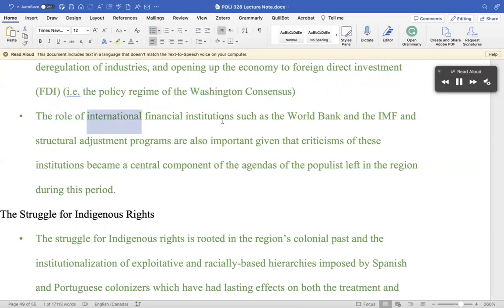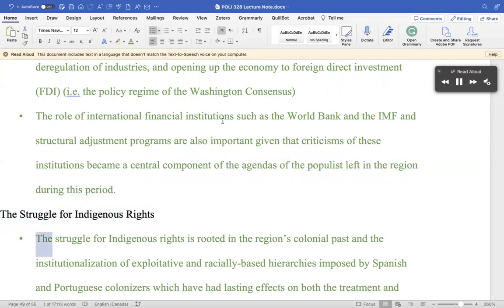The role of international financial institutions such as the World Bank and the IMF and structural adjustment programs are also important given that criticisms of these institutions became a central component of the agendas of the populist left in the region during this period. The struggle for